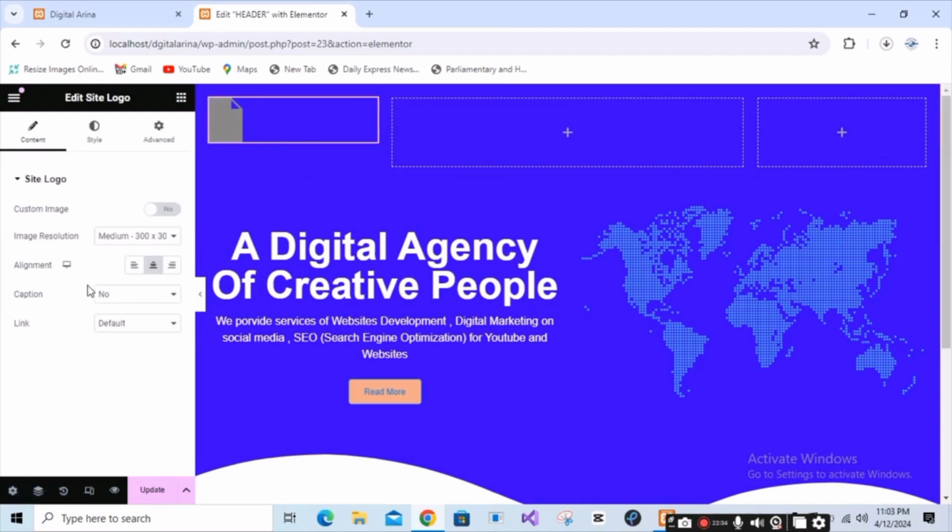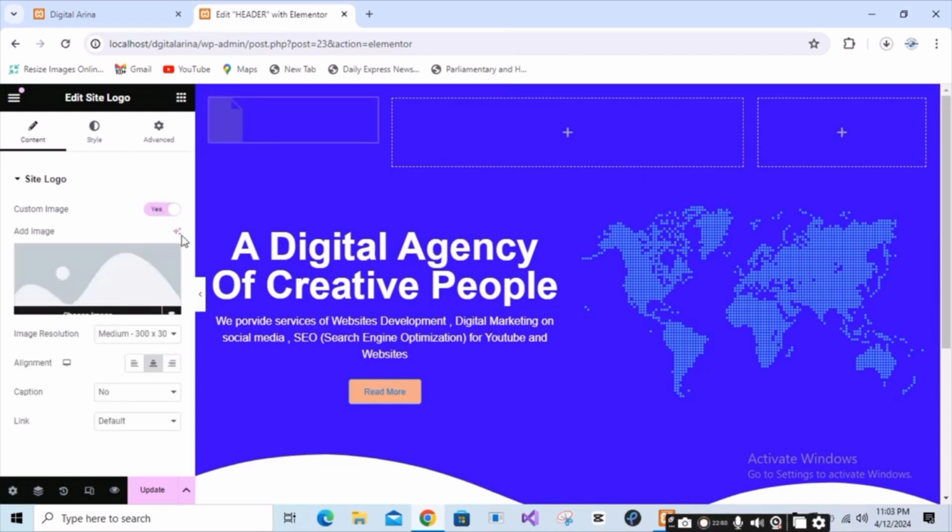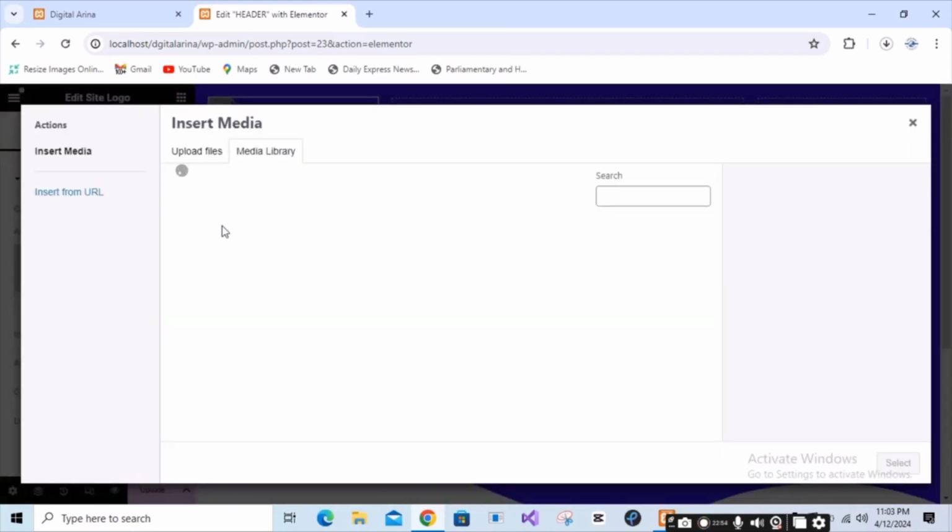Okay, medium 300 by 300. So to upload the logo, select this control, custom logo, yes, and choose the logo from your computer. Upload file, select file,